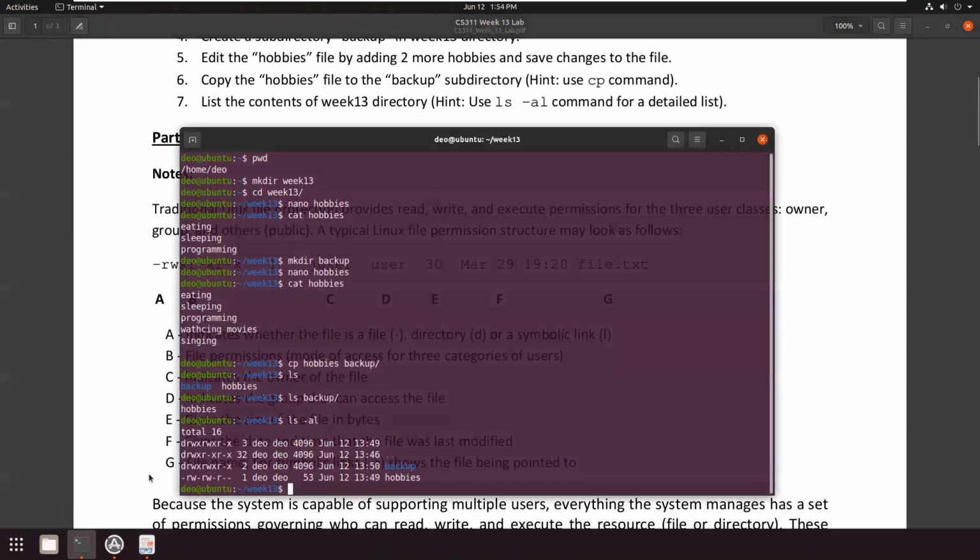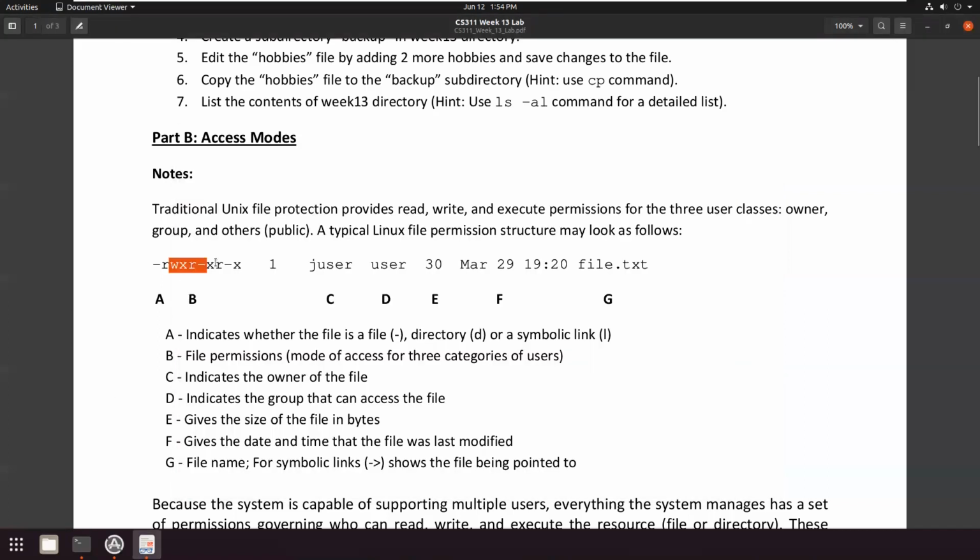So in our terminal, we have a D in front of dot, double dot, and backup. That means these three items are directories. And for the last item, we have a dash. That means that is a file. Then the remaining characters over here in the first part indicate the permissions that we have on that particular item. So we'll come to permissions in a while.